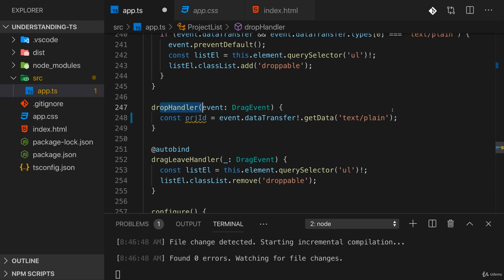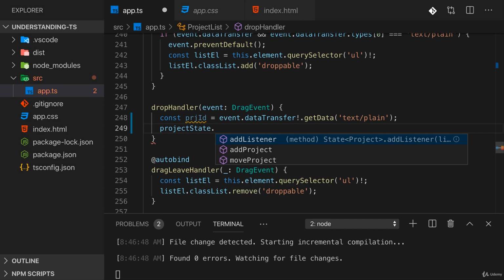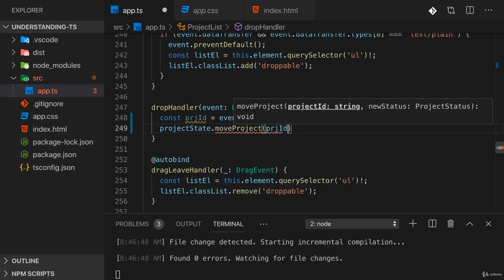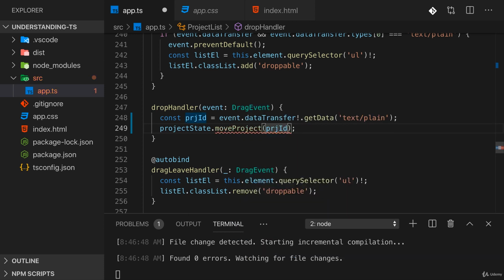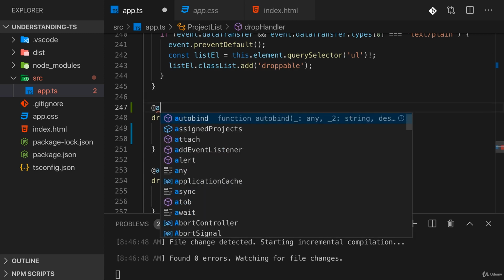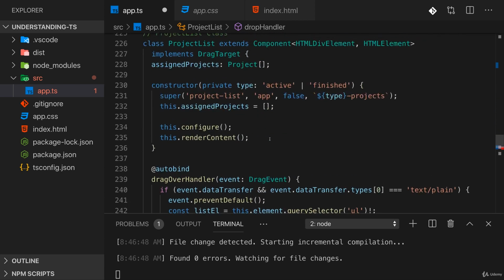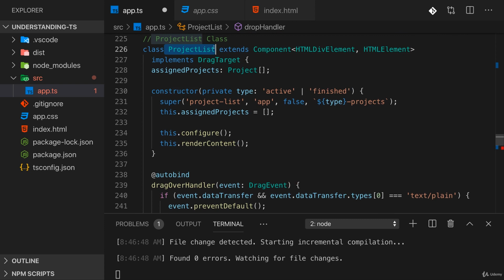So now we have that move project method. Down there in the drop handler, we can now use this. There we can now use the project state, call move project and pass in the project ID, and now the new project status. And the new project status depends on the list on which we drop this. So I want to auto bind my drop handler so that the this keyword in the drop handler refers to the surrounding class. And this surrounding class is a project list, which, if you remember, will have a type property